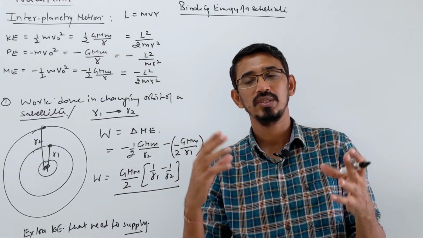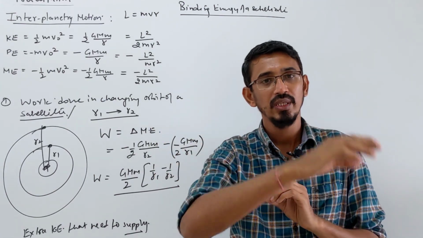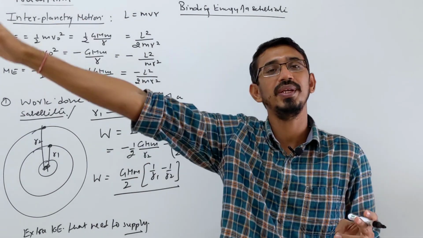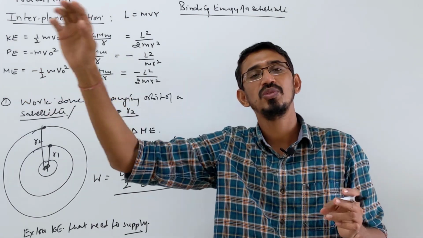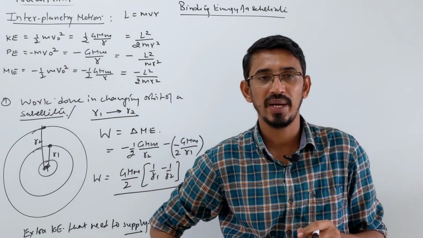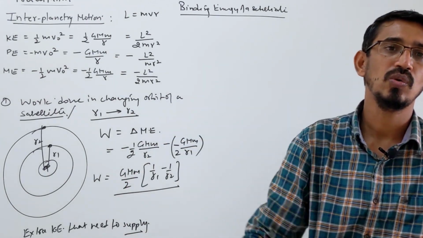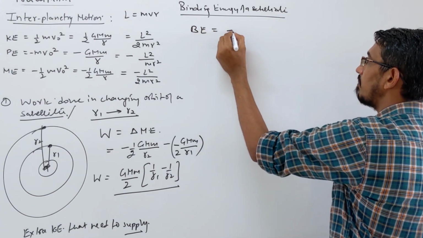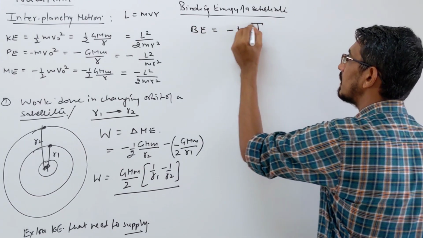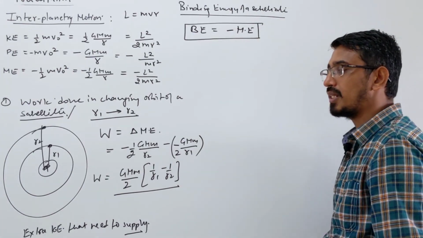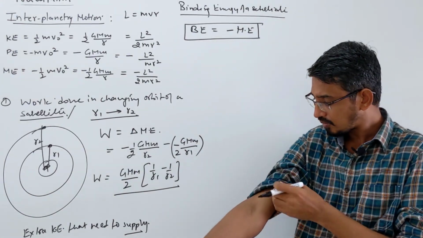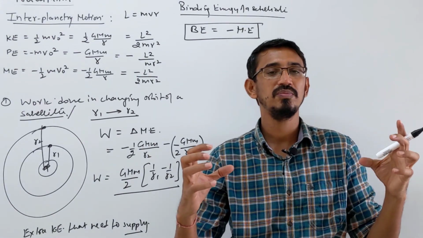Or you can say that suppose a satellite and planet are moving, so how much energy is required to take the satellite from that orbit to infinity? How much energy we need to supply, or how much work we need to do, that is called simply binding energy. So I am saying binding energy is nothing but simply the minus of the mechanical energy. This binding energy we need to supply, correct? And this binding energy tells you whether the system is bound.